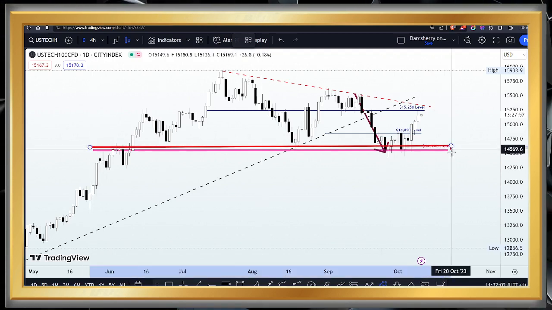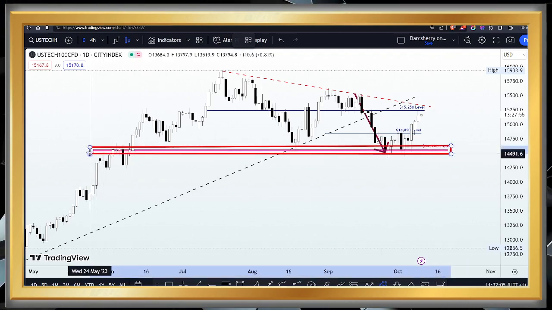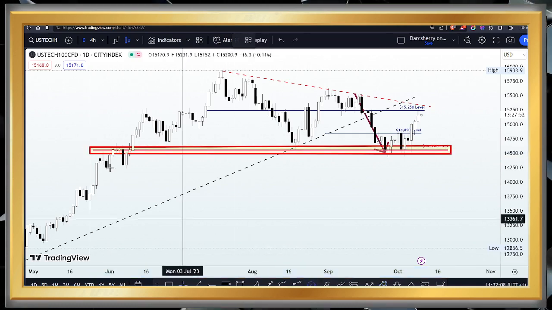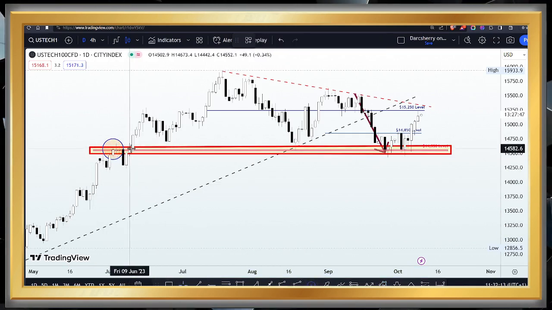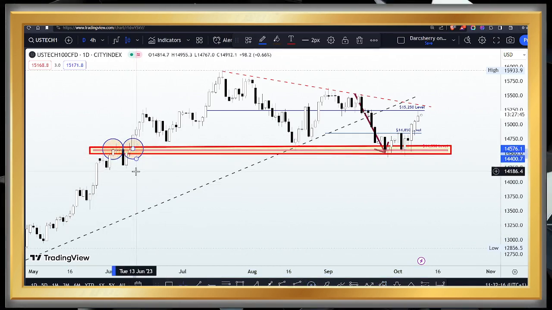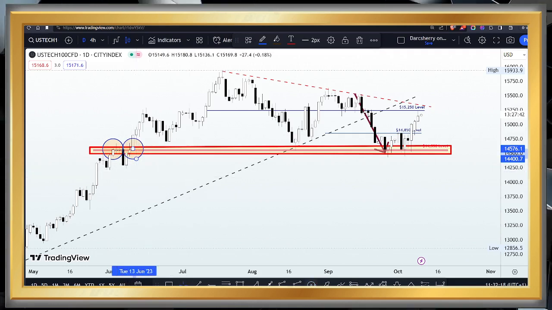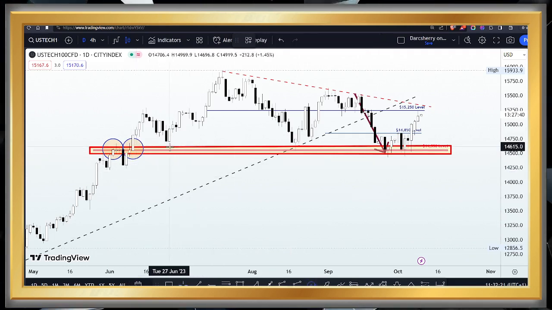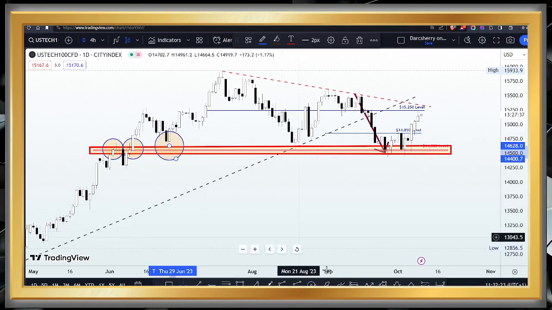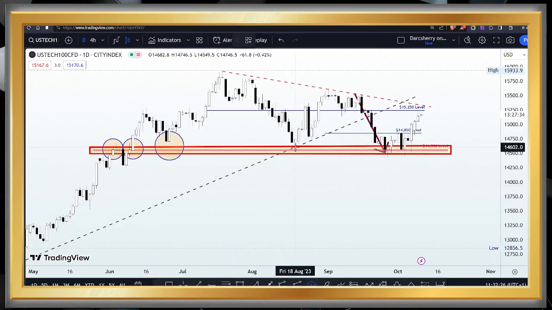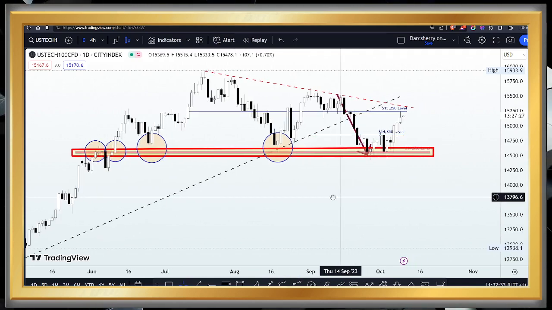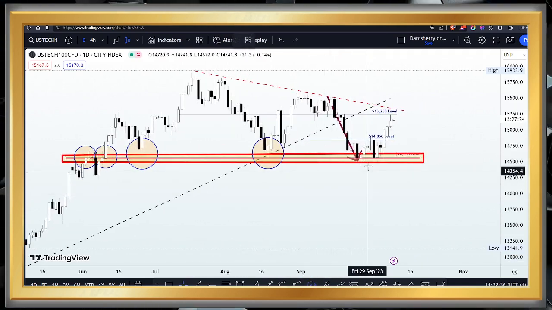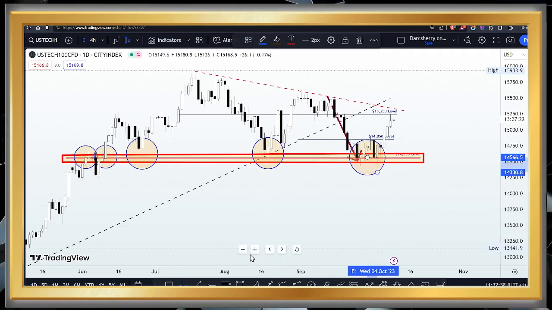Now, if you look at this level closely, that is the 14,550, you will see that in the month of May, it was initially serving as a selling niche, and after price broke above the structure, since that moment, price had remained above that level. And every attempt by the sellers to break down the structure has been met with resistance from the buyers at every point in time. Look at what happened here in the month of August. We saw resistance from buyers as sellers found it difficult to break through. And in the last couple of weeks, we saw buy pressure again resume around that area.